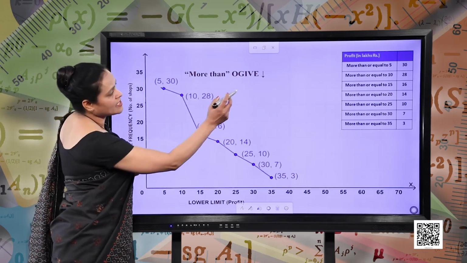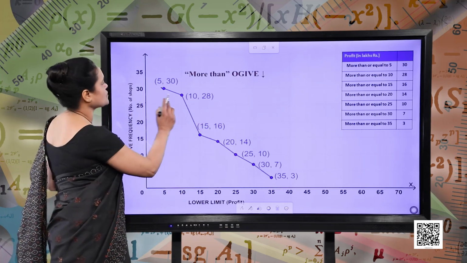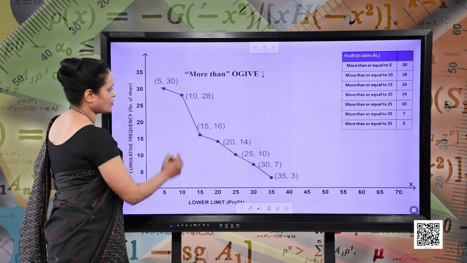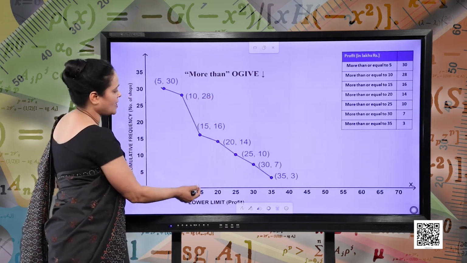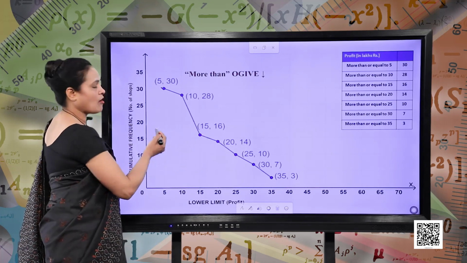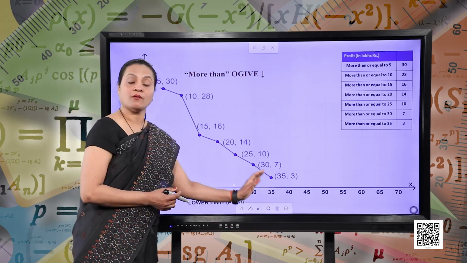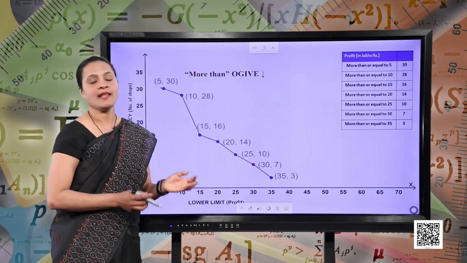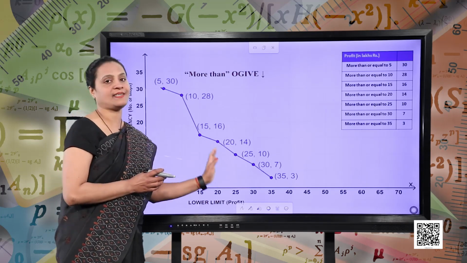For the second point, take 10 on the x-axis and 28 on the y-axis. So, this gives your second point. For the third point, 15 on the x-axis and 16 on the y-axis. So, likewise, we can plot all the points and then we can join them to get our more than type